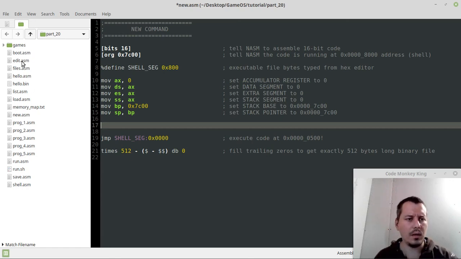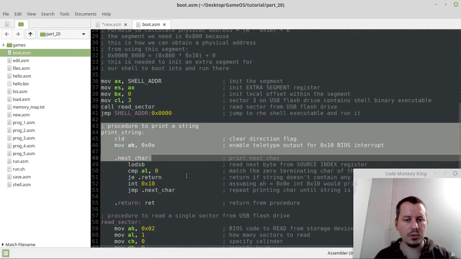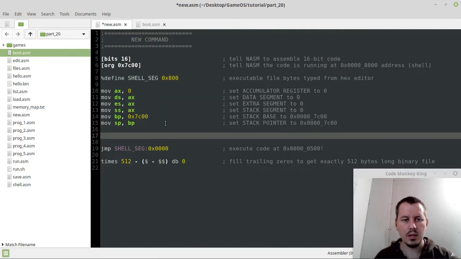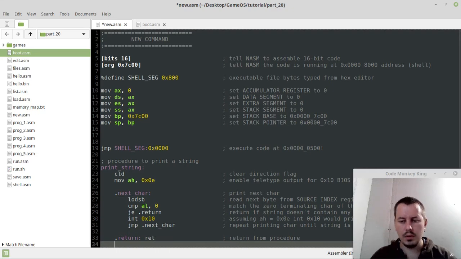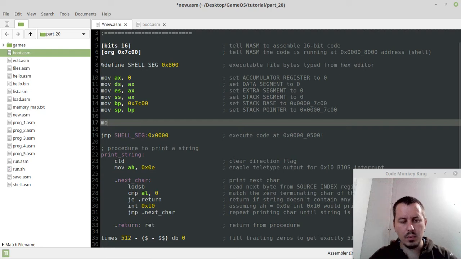So first of all, let's add the print string, so we can tell something to the user. Copy, and here down below. Okay, so this is good. And here I think we need to move to the DI pointer. We need to move this command file,